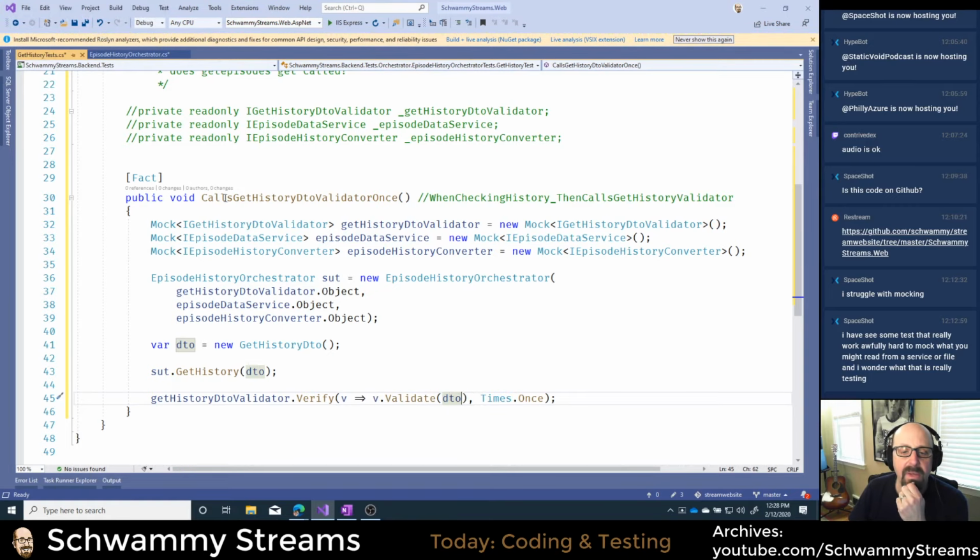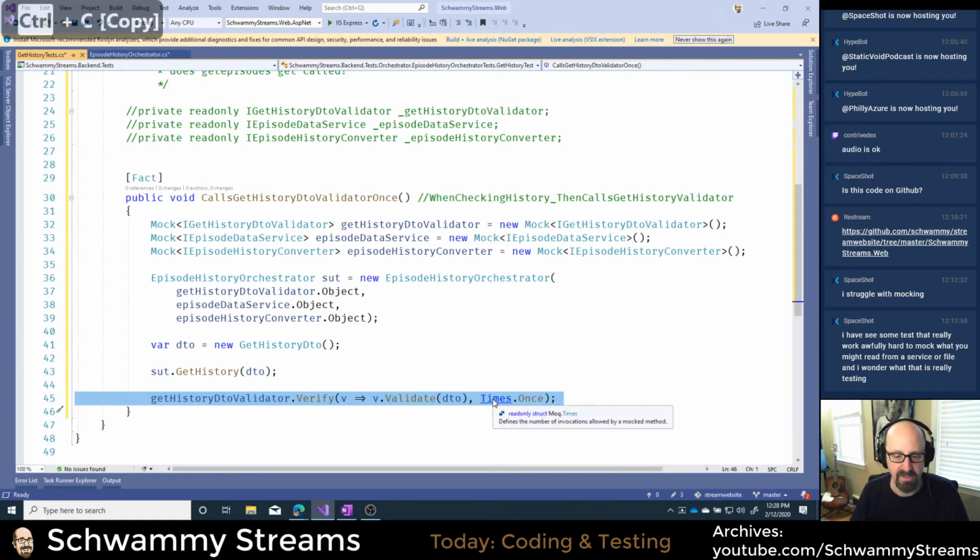But my method doesn't say that it passes in the correct parameter. It just says that it calls it once. So if I'm being really specific, I could say I don't care which DTO gets passed in, I just care that a DTO gets passed in. It's a little bit of a strange concept, but there's a difference. Let's do it this way.